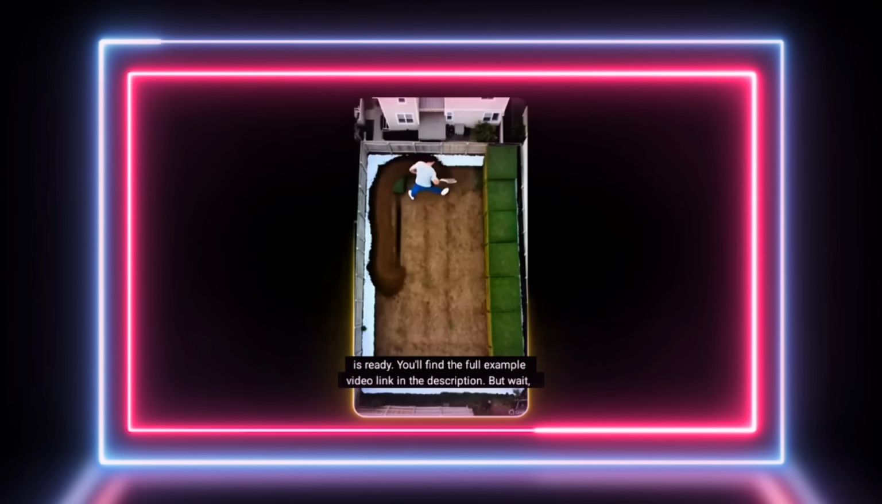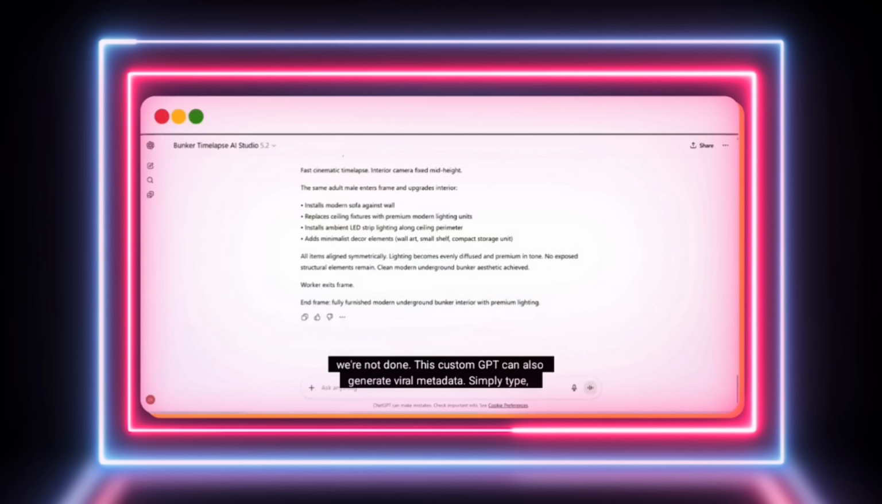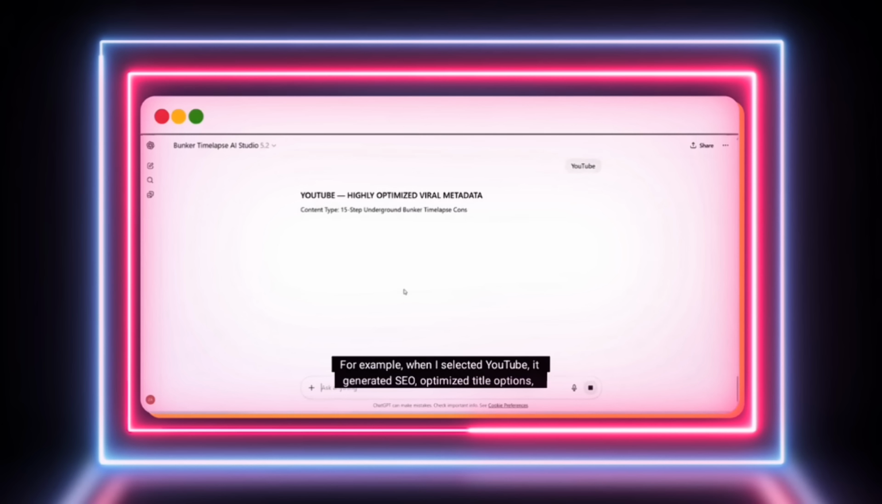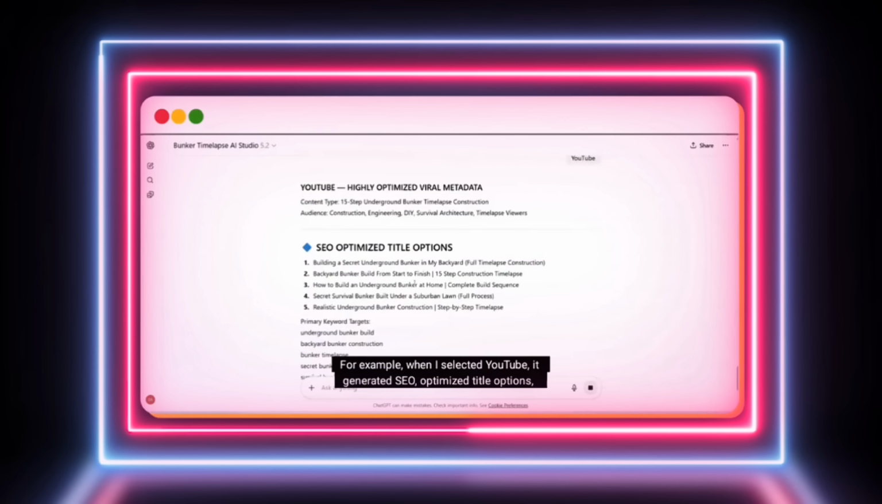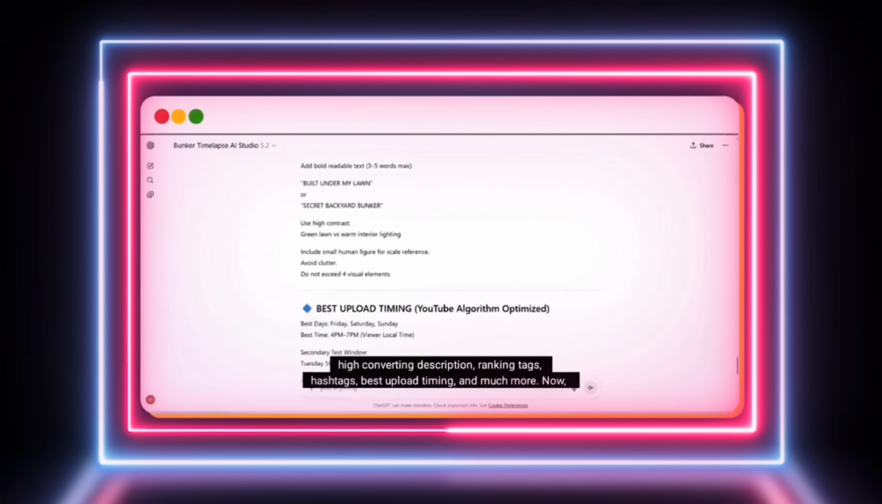You'll find the full example video link in the description. But wait, we're not done. This custom GPT can also generate viral metadata. Simply type, "Please provide highly optimized metadata for this video." Then enter your publishing platform. For example, when I selected YouTube, it generated SEO optimized title options, high converting description, ranking tags, hashtags, best upload